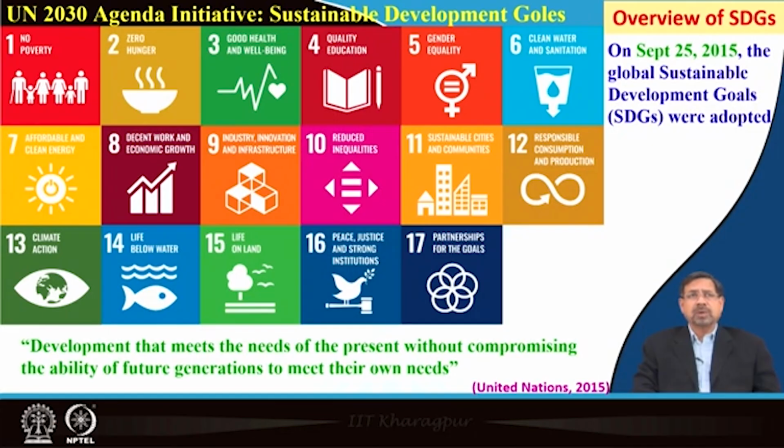That means people should be above the poverty level to live a normal life, a healthy life, a decent life, a quality life. The second is zero hunger. After poverty, the second thing is zero hunger. No person, no citizen, no individual, no human being should be starved or face the hunger problem anymore. Food has to be assured to every citizen in this world.